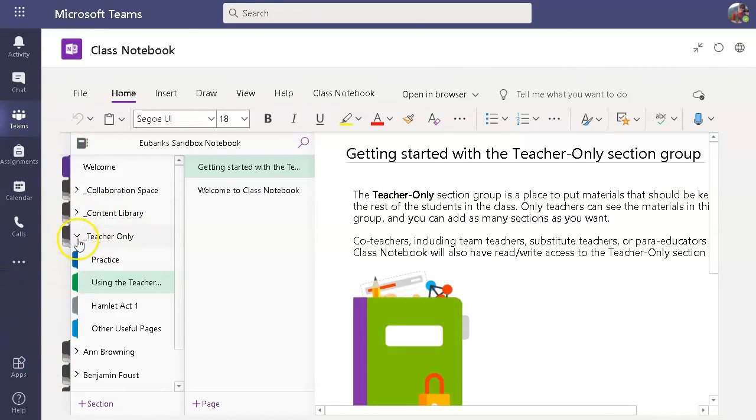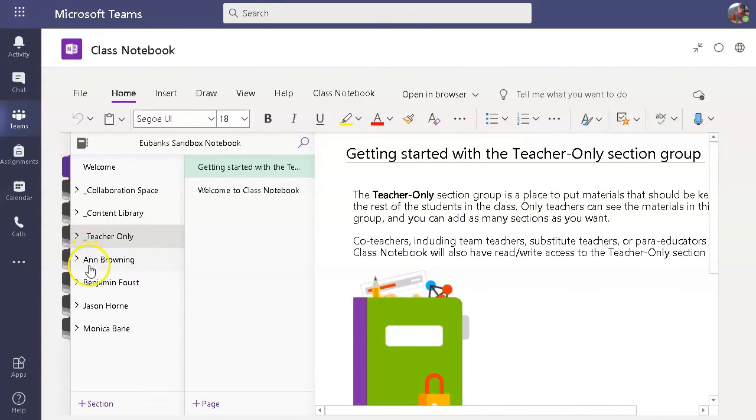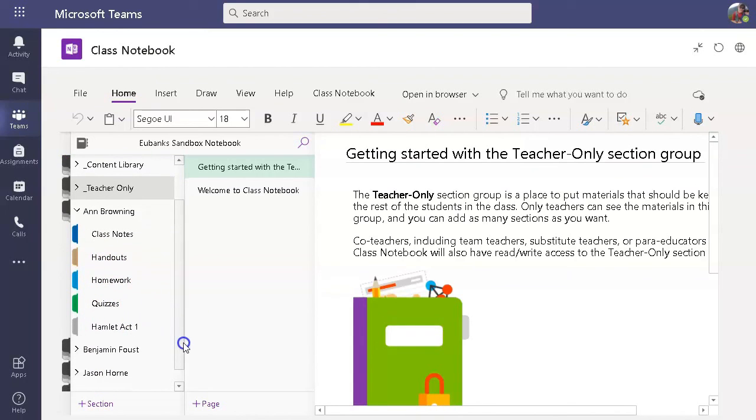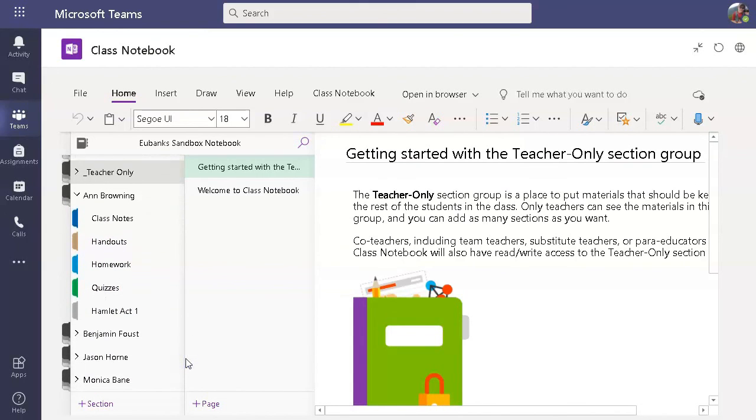All right, so I'm going to come down here and I'm going to click on one of my student folders. And you'll notice that inside of here, I have the options of class notes, handouts, homework, quizzes, and then Hamlet Act 1. Now, the Hamlet Act 1 is something that I've added because, as I've said before, when I organize my online courses, I like to organize them by unit or thematically. That can be by chapter, by standard, but I like to see everything that goes into one module of learning